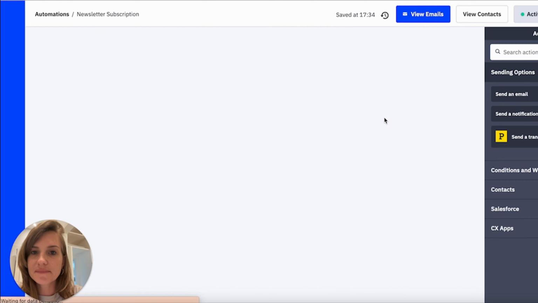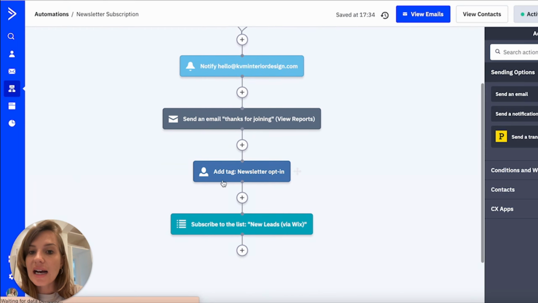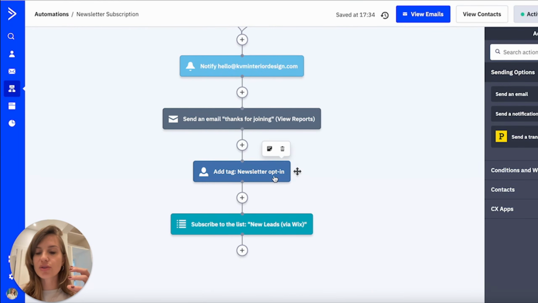And then I'm going to add a tag. This is just to be able to organize the leads, so understand where they're coming from, if they're coming from the newsletter, if they're coming from a service that they're interested in. So it helps me filter. Then when I want to look at everybody who subscribed to the newsletter, it's much easier for me if I add a tag. And then the important thing is that it will subscribe them to a list called new leads